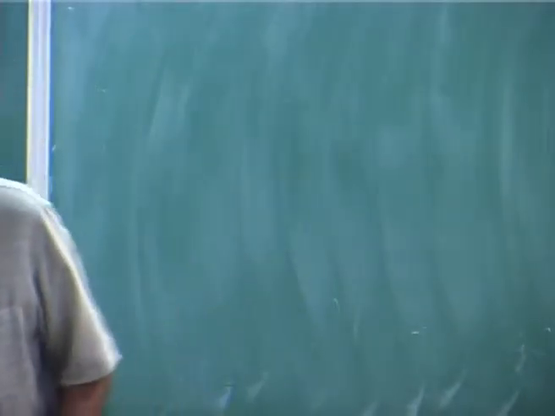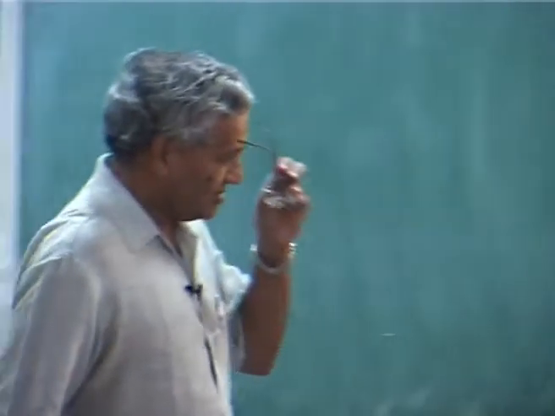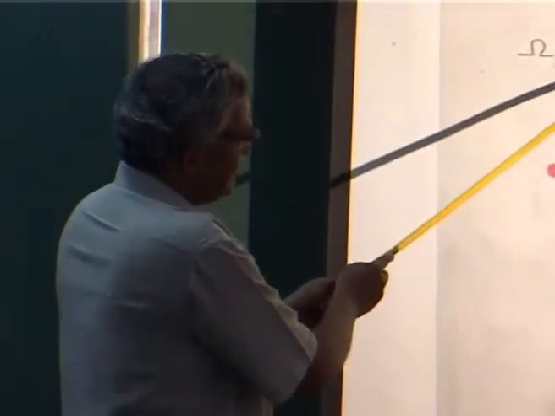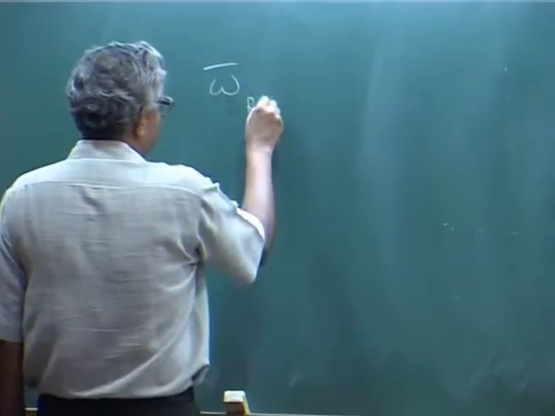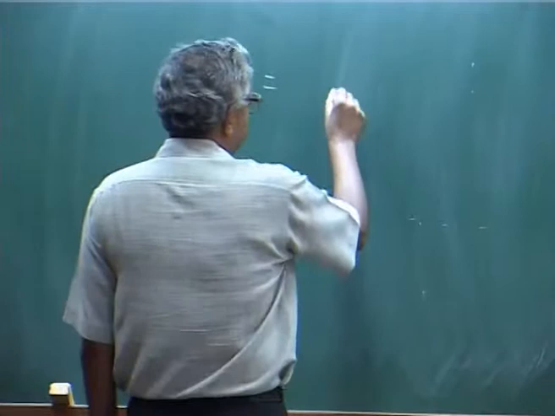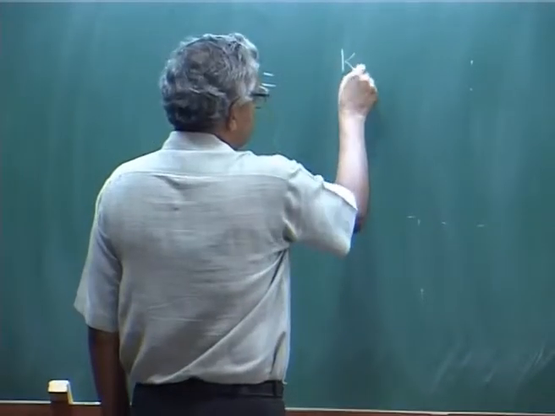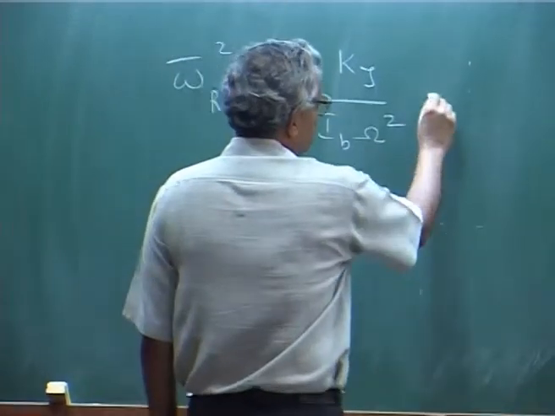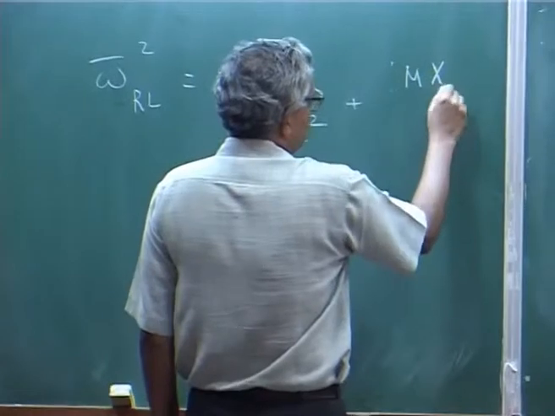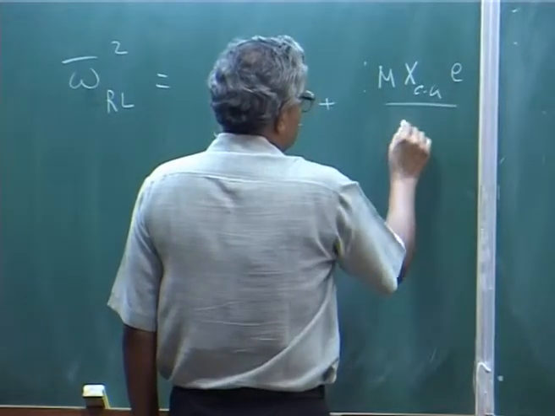Lead lag dynamics, because last time I mentioned to you the hinge offset and the spring, they give the effect of stiffness. Normally the rotating lag frequency squared is k zeta over I b omega square, plus you can have m x c g over